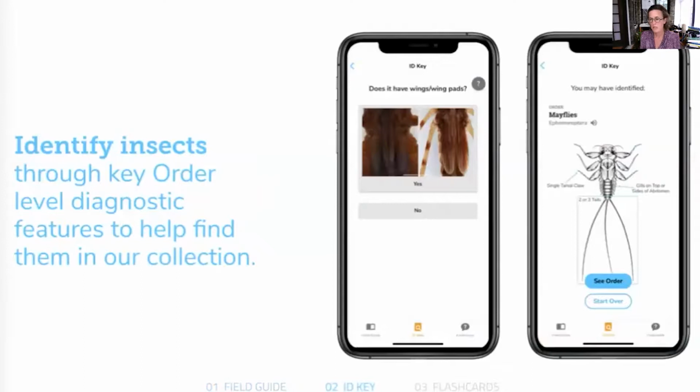So the next piece, and we're finding even in the early analytics on the website, people use the key a lot, and it's something we need to really pay attention to, and we're trying to figure out how to help people. It's all good and well to see these images, but if you don't know what you're looking at, how can you guide people through? So we've developed a yes and no dichotomous key, and we're working on a new zoomable feature, almost like those old Prezi presentations, where you're going to be able to click through and see where you went. So that's in the second mode.